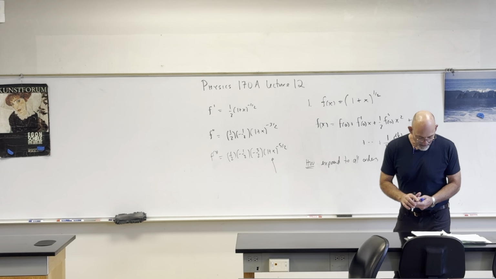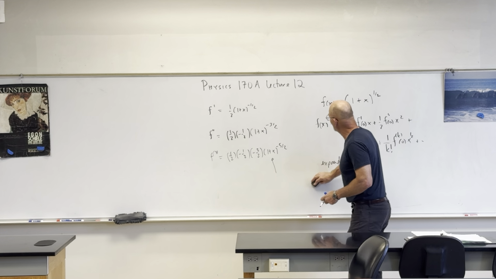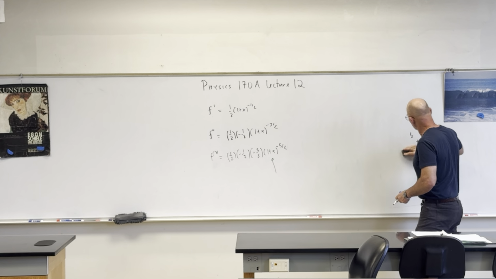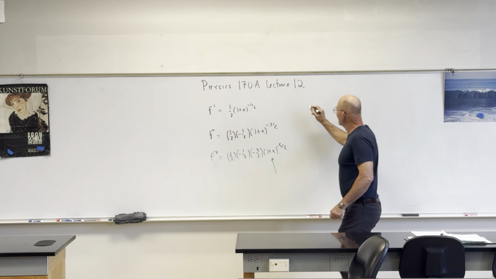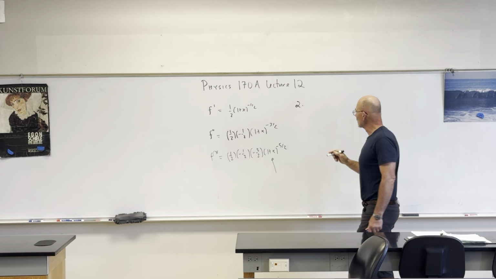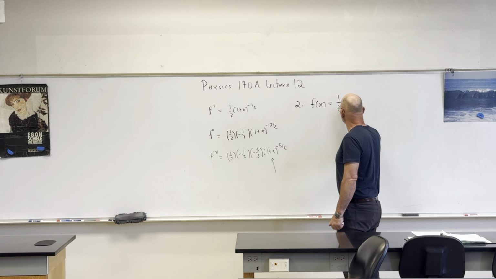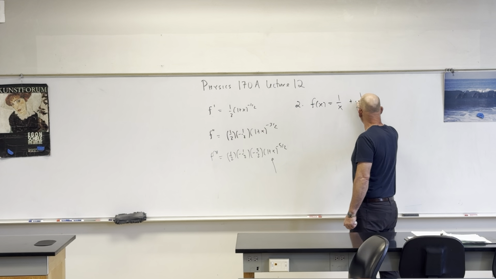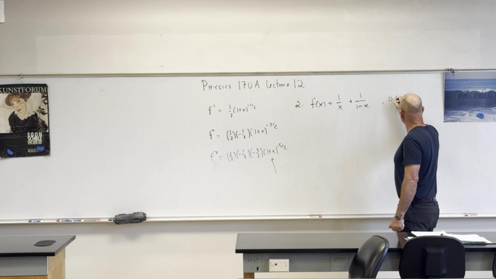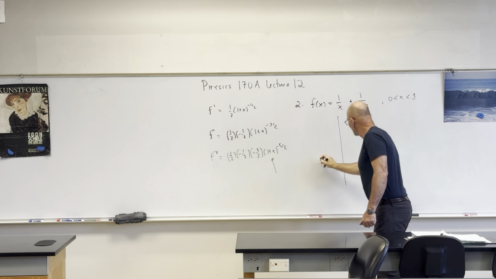Now the second problem we could even discuss in terms of a physical application, which we didn't do for the moment. For the second problem, this one we could conceivably also expand to all orders. But let's look at it first. So we have f of x equals 1 over x plus 1 over 1 minus x. And we're looking at 0 less than x less than 1. So between 0 and 1,